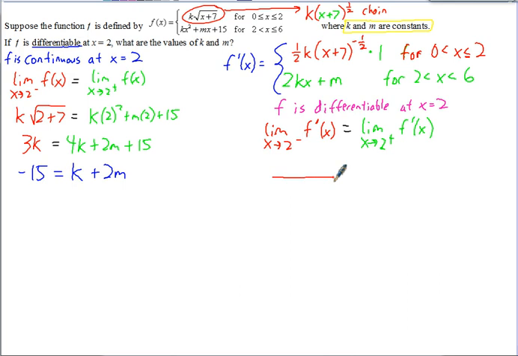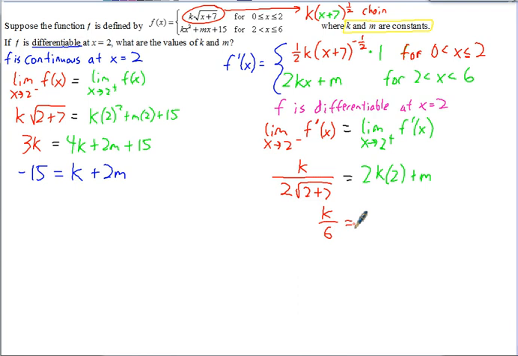So for the fraction, we have k on the numerator, 2 on the denominator still, and this is going to move to the denominator as a square root, and we'll plug in 2 for x, and 2 plus 7 equals, substituting 2 for x on the other one, 2 from the right, that's going to be 2k times x is 2 plus m. And we simplify this, see that's square root of 9, which is 3 times 2 is 6, so we get k over 6